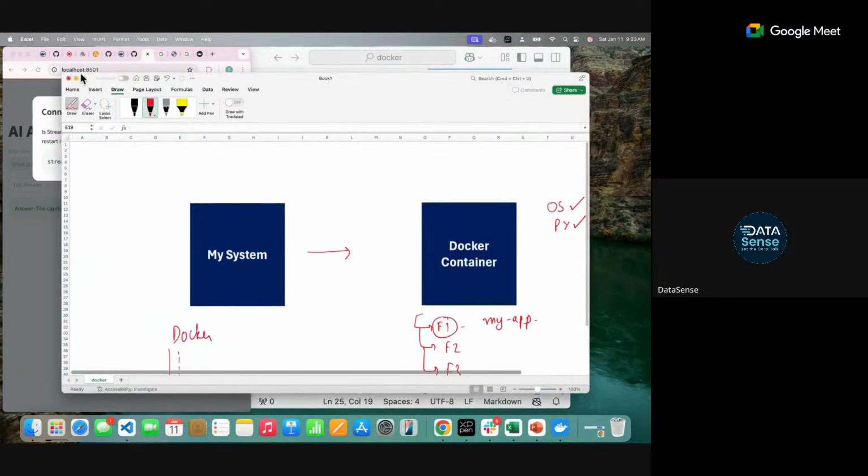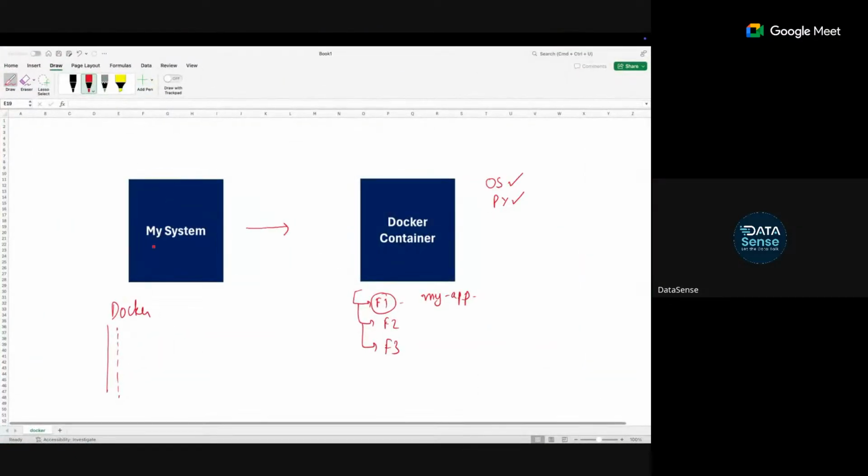Just think like this is your system, and you can run multiple applications on it. Suppose this has multiple ports for your websites. On this one website 1 is running, on this one website 2 is running. Generally there are a few predefined ports. For example, if you run Postgres, it runs on a certain port.